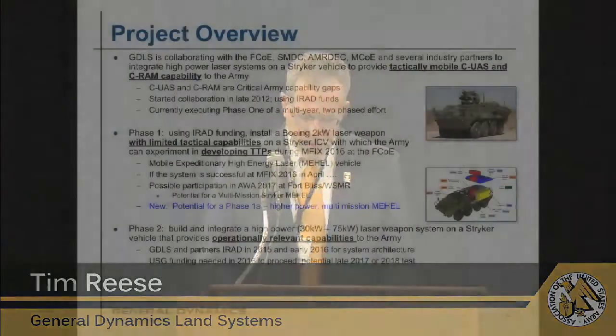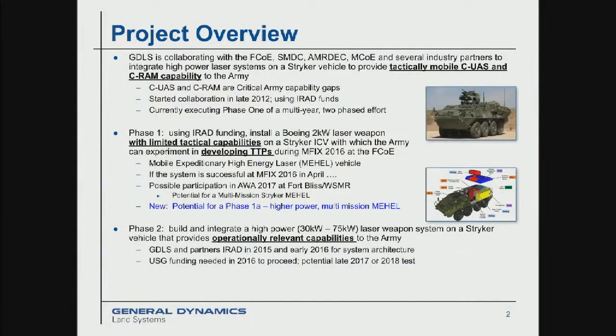This is a couple of pictures here of what we're doing. We're collaborating with a number of Army commands: Fort Sill, the Fire Center, Space Missile Defense Command here in Huntsville, AMRDEC also here in Huntsville, as well as the Maneuver Center down at Fort Benning on the Army side. And as I mentioned, we're collaborating with a number of industry partners as well, primarily Boeing Corporation on phase 1 of our project. And the goal is to bring this counter UAS, counter UAV capability to the Army's maneuver